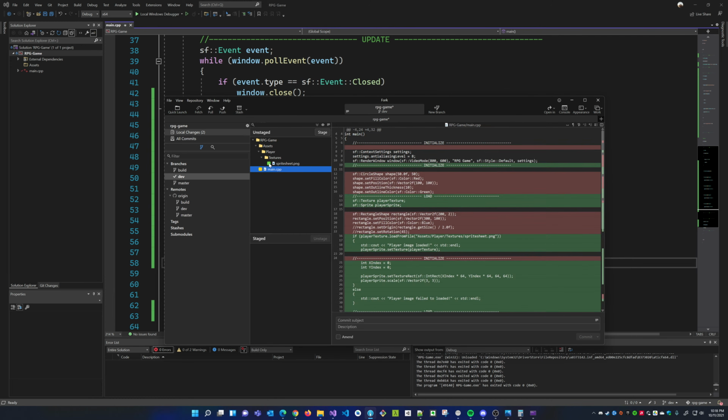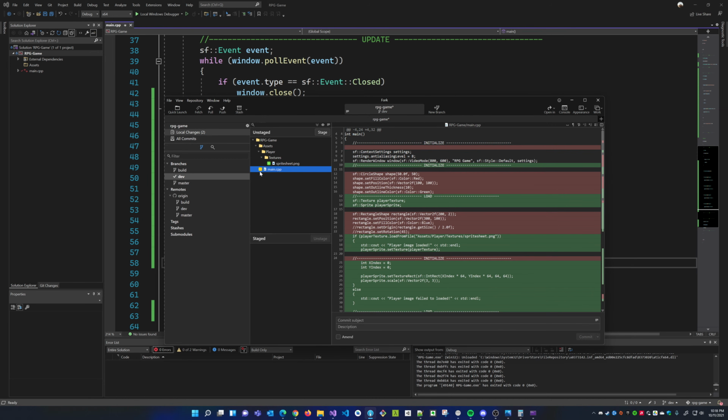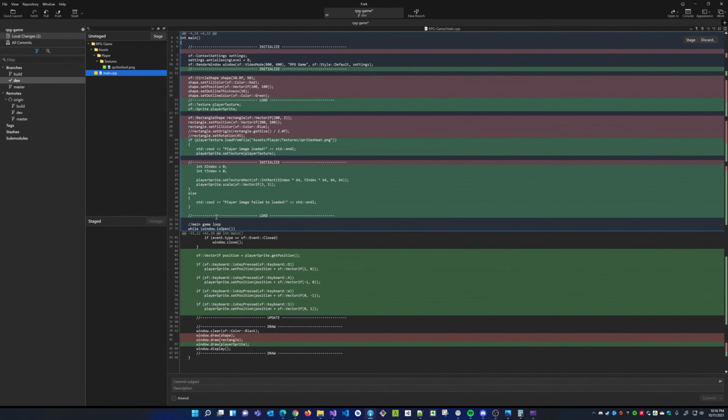You can see here, there's a green icon. Whenever you see a green plus icon on a file, that means this file has been added for the first time ever. Whenever you see a yellow icon with 3 dots, that means that this file has been modified. It was previously added, but now it's been modified. Any red lines, those lines are deleted. Any green lines, those lines were added just now.